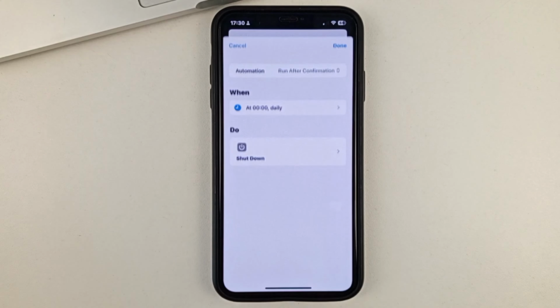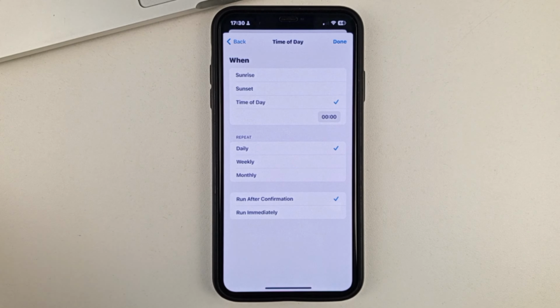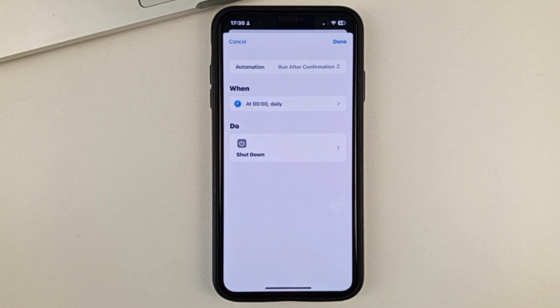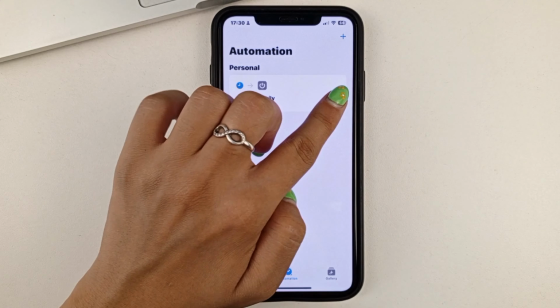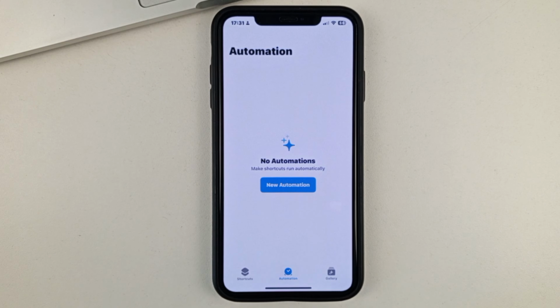And the phone will be, let's say, weekly or daily. Here you can also further customize. If something changes for you, you can change the settings. But for now, daily the phone will turn off at 12 a.m. If at some point you want to, for example, remove this automation, then you'll need to swipe from the right side to the left side and hit Delete.